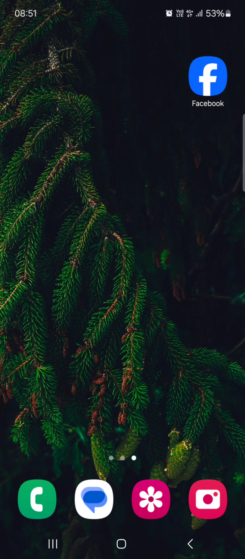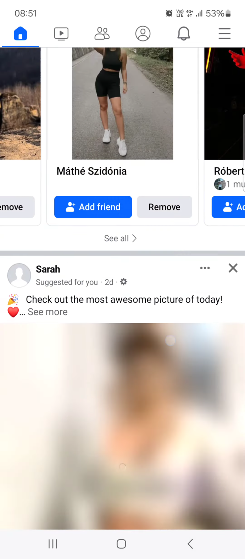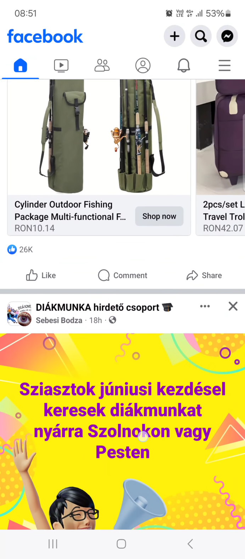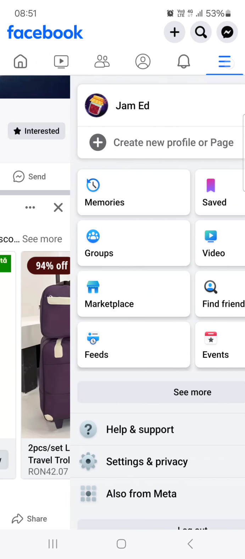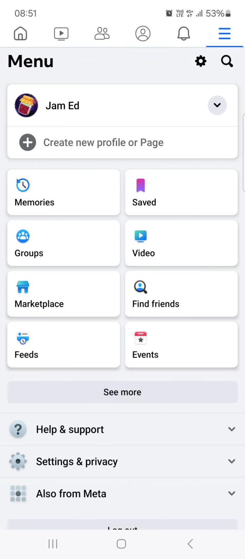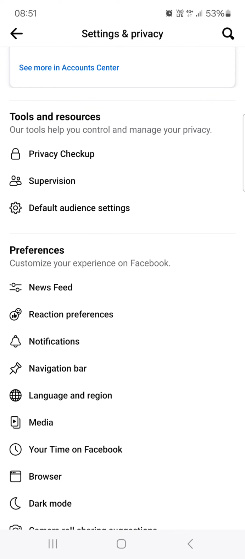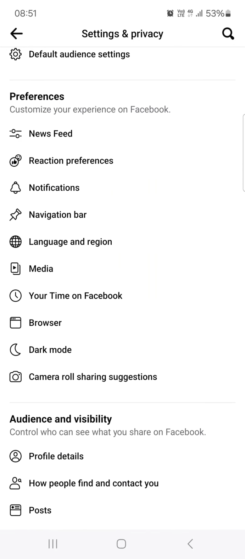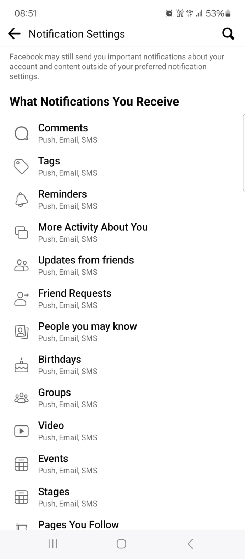First you have to open up the Facebook app, and here it opens up in our feed. From here we just go into the top right corner, tap on the three lines, and then tap on the cog in the top right corner again. Then if you scroll down, we'll find notifications under preferences. We tap on this,